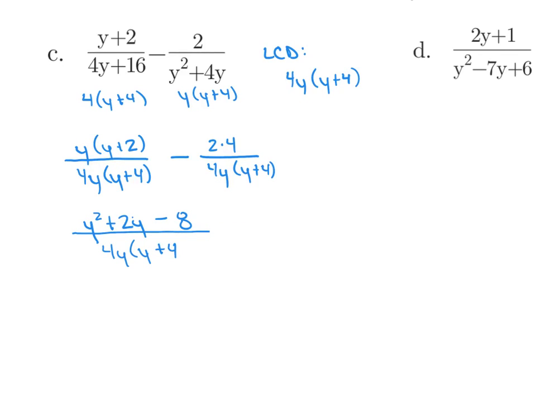Now, I do want to simplify this, and so I want to go ahead and try to factor it. So if we try factoring it, we get y squared breaks down to y and y. Things that multiply to 8, we get 4 and 2. And if we look at this, remember that in order to multiply to negative 8, we have different signs. I want my larger number to be positive. So this is going to be y plus 4 and y minus 2